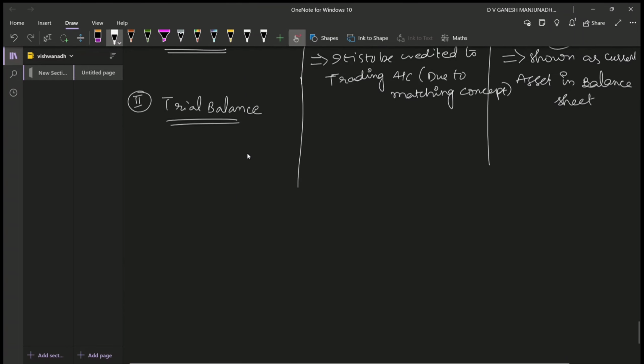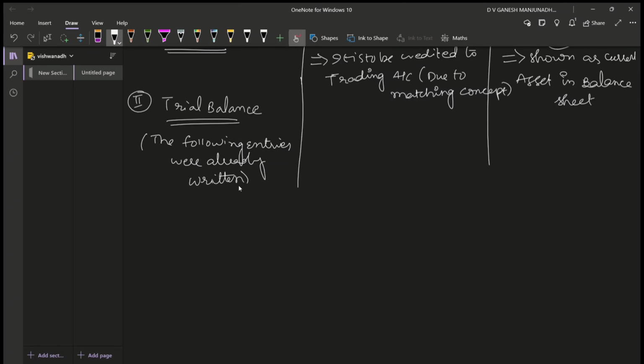Then when it is given in trial balance, usually the above entry was already written, but here we are going to incorporate two entries. The following entries were already incorporated, that means were already written. Okay, the following entries were already written. What are those entries? There will be two entries. The first entry would be